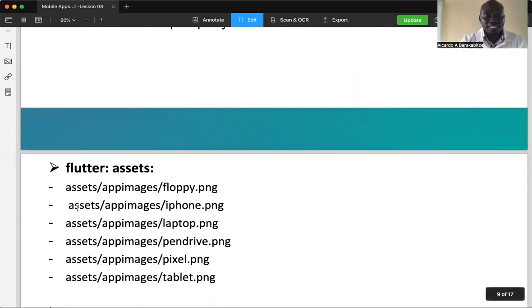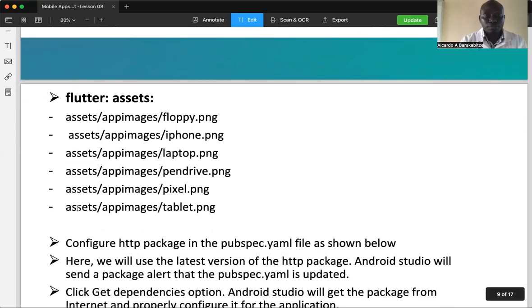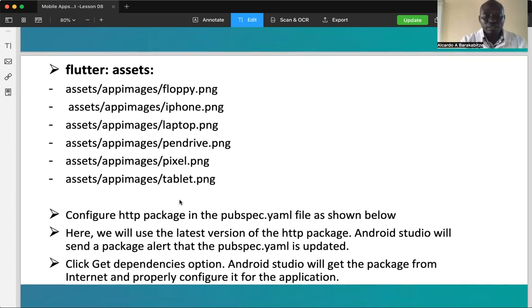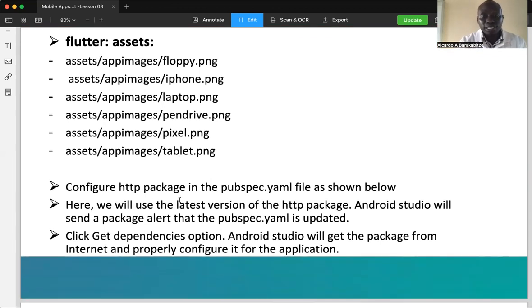So these are the flat assets we introduced before. You can go and retrieve them from previous lessons. So we have these images, .png: we have iPhone, we have laptop, we have a pen drive, we have Pixel, and then we have a tablet. So we want to see how these images can be retrieved using the